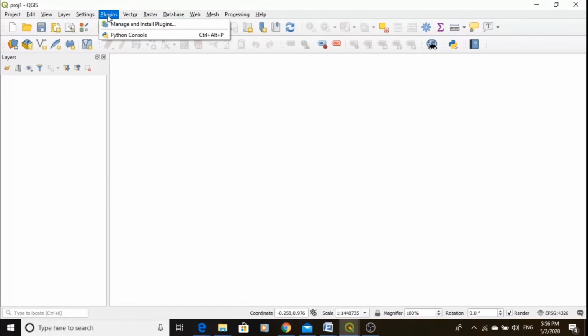For example, if you want to do watershed analysis, you will not find any tool here in this menu. So you have to install a plugin for that. Okay, how to add the plugins, I will tell you later. But these plugins